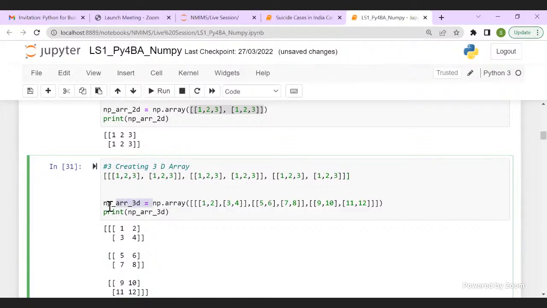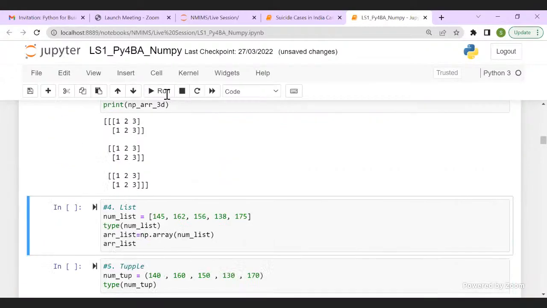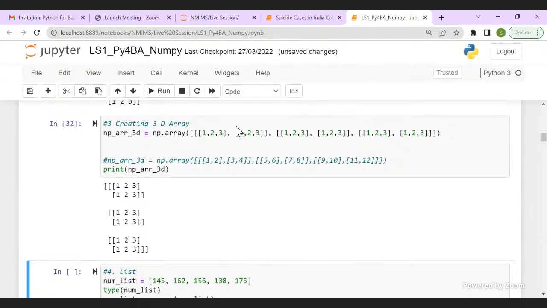So let me put this code out here. Okay. And since I'm invoking a function, there is a parenthesis out here. So just a second to create a 3D array. I have changed the number here. You don't change the number and run. I've created a 3D array. If you're still confused, tell me what is the confusion on brackets. What confusion you have?